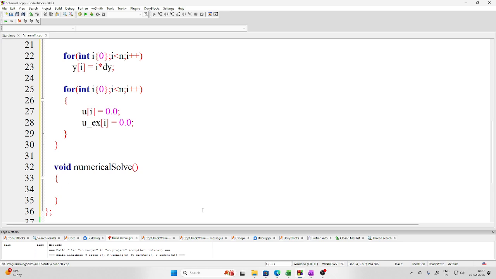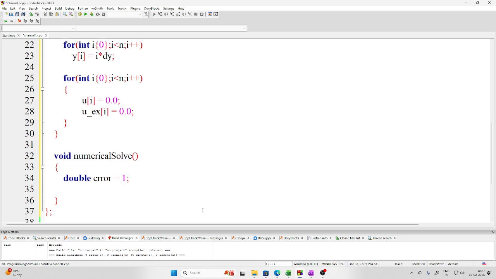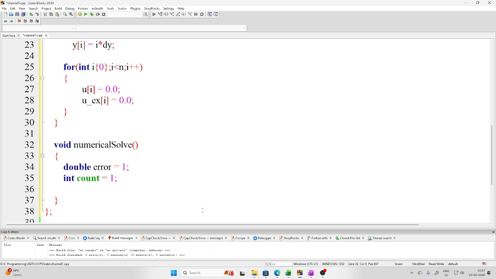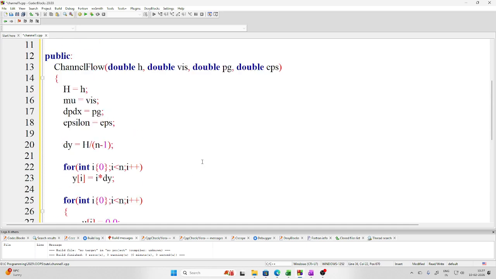Now we'll create one variable, error, because that is the one which has to be reduced, and initialize it with some big value, let's say 1. Then we'll also make one counter for knowing how many iterations the program has taken. Then while the error is more than the converging criteria, that is epsilon,